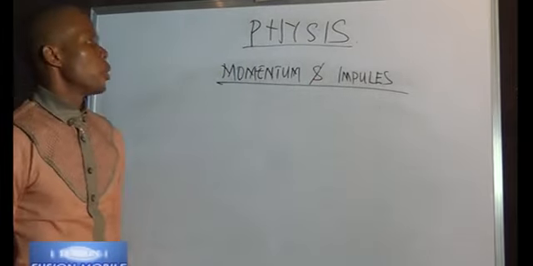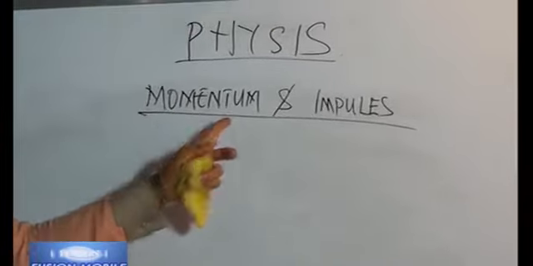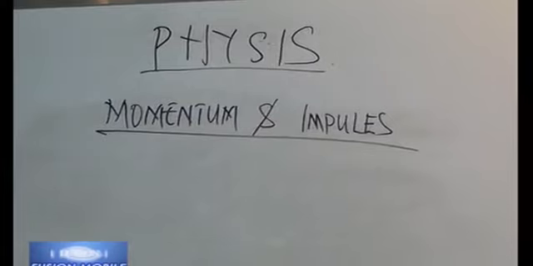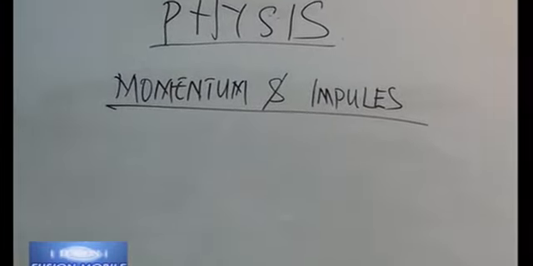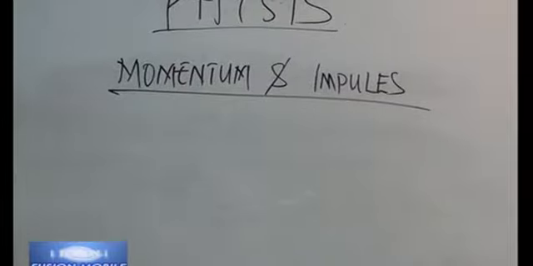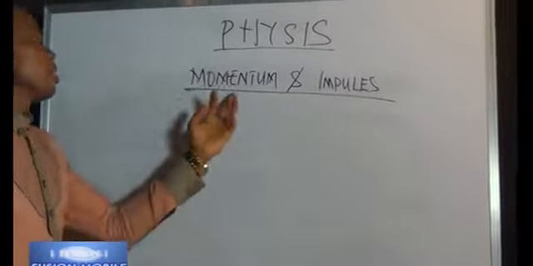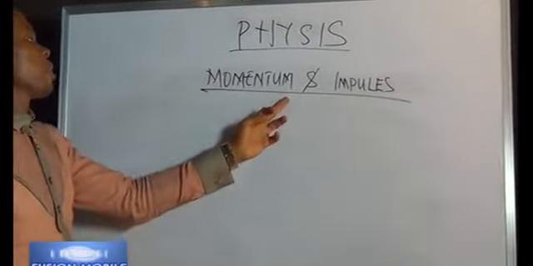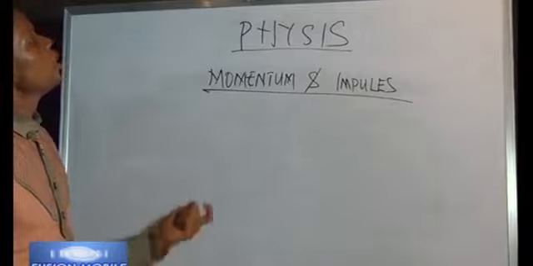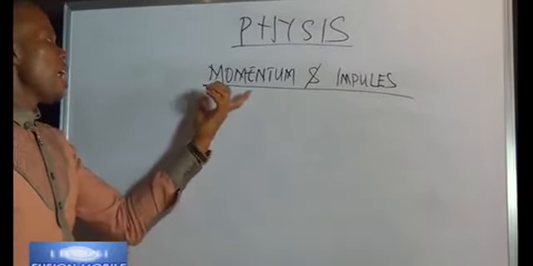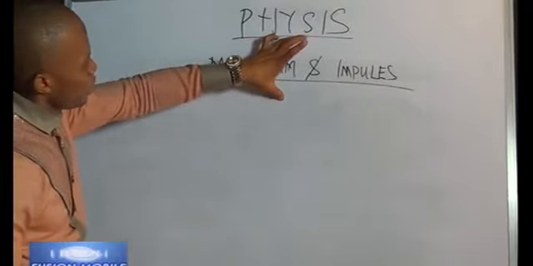Momentum and impulse. Talking about momentum, for you to say that a body has momentum, that particular body must have mass and it must be moving. If there is no mass, you can never have what we call momentum. Some people will tell you you've been gathering momentum. Some will tell you the momentum of a spirit. I don't know. But if there is no mass, there is no momentum.